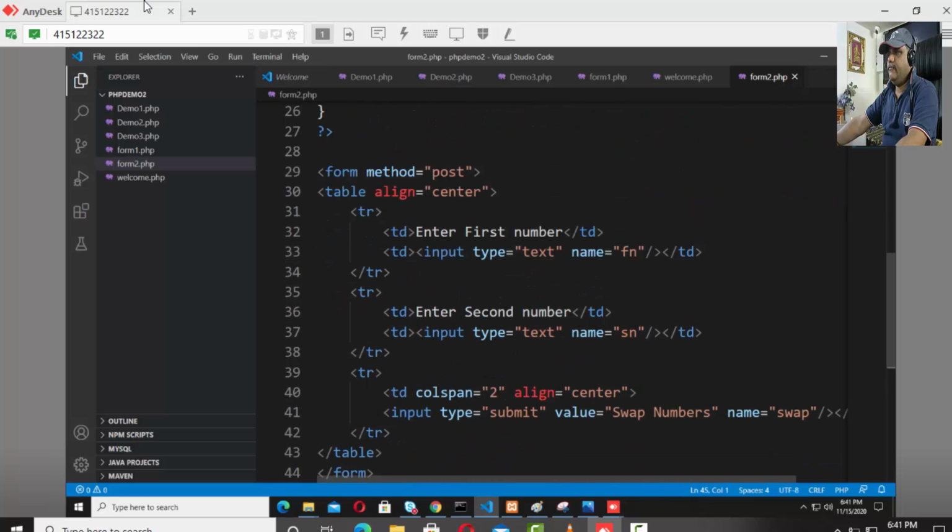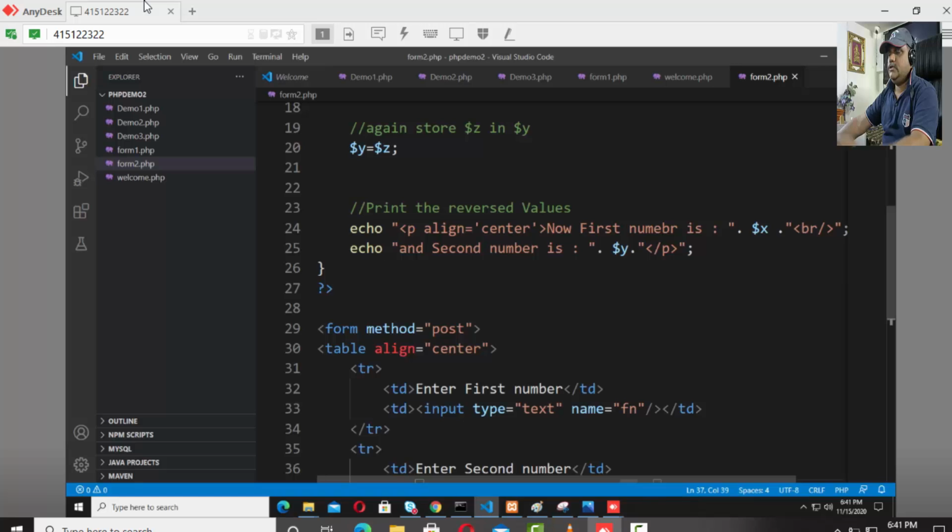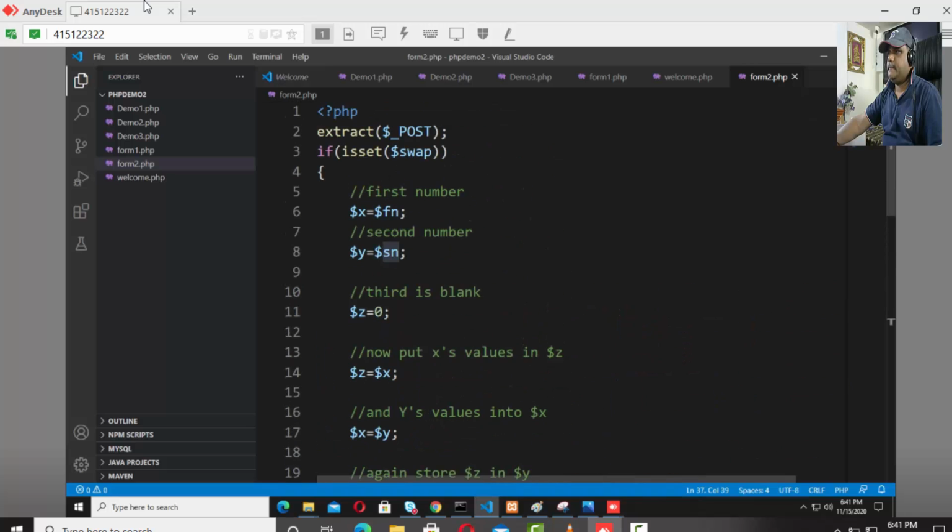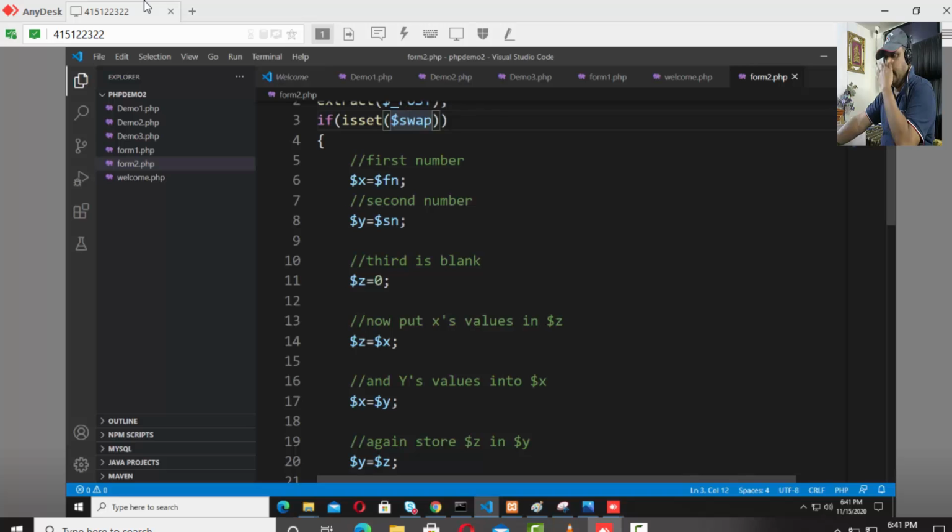The data of the first number and second number will be submitted, but here there is no specific PHP controller page defined, so your request and response will be on the same page. Once you submit it, here it checks isset. Extract $_POST means once you post the data, it will be assigned. If isset $swap, it means